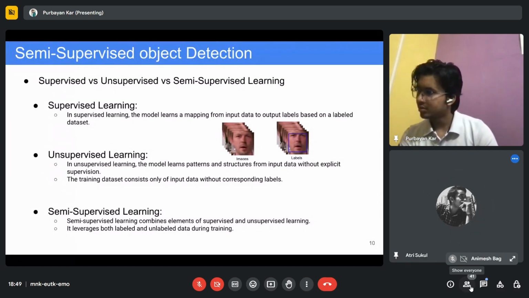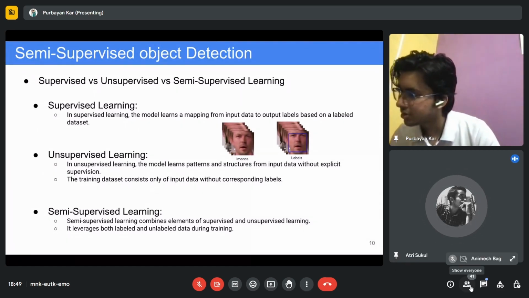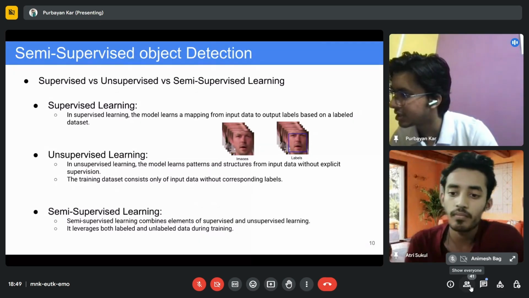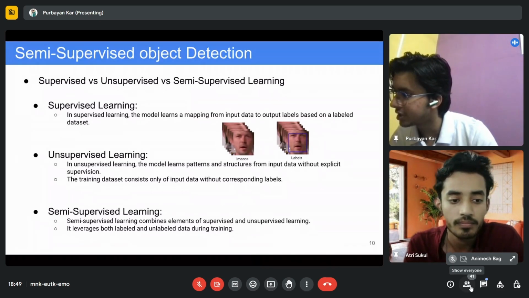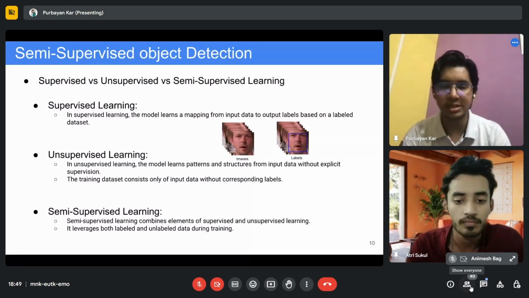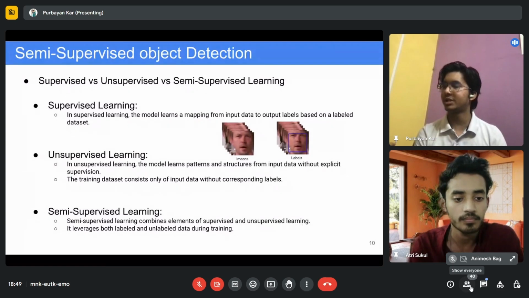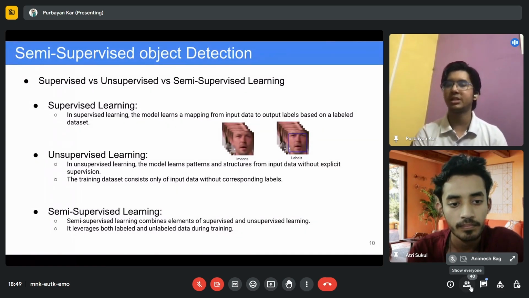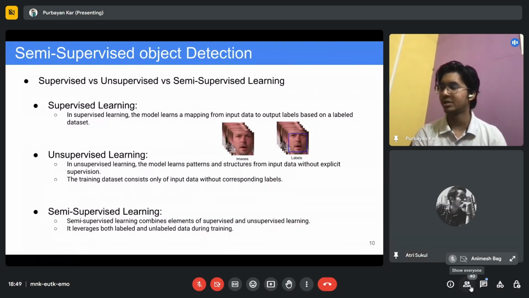There is one question: is it possible to do supervised learning with large sets of data or only small sets of data? The general notion is that if you have small sets of data, your accuracy will be low because the model is not exposed to much data. If you have larger data, the accuracy of the model will be very high.